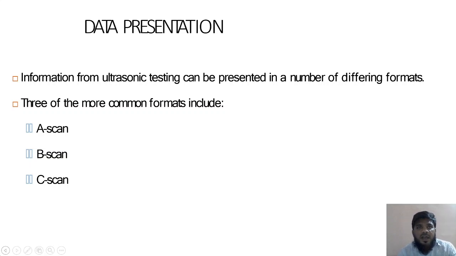If you are getting some value, for example in your UTS machine, you are going to get some value. So how are you going to identify that value, and what data will you interpret from the variation which you have obtained in the dial gauge? How are you going to study, how are you going to calibrate, what is the data which you are going to study from that? Similarly for ultrasonic testing, whichever information you collect from the output device has to be studied using data interpretation, which is done by 3 different techniques: A scan, B scan and C scan.